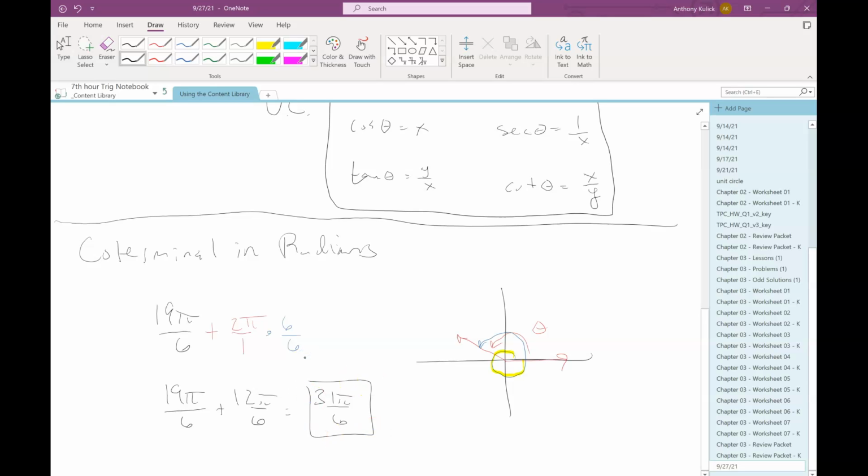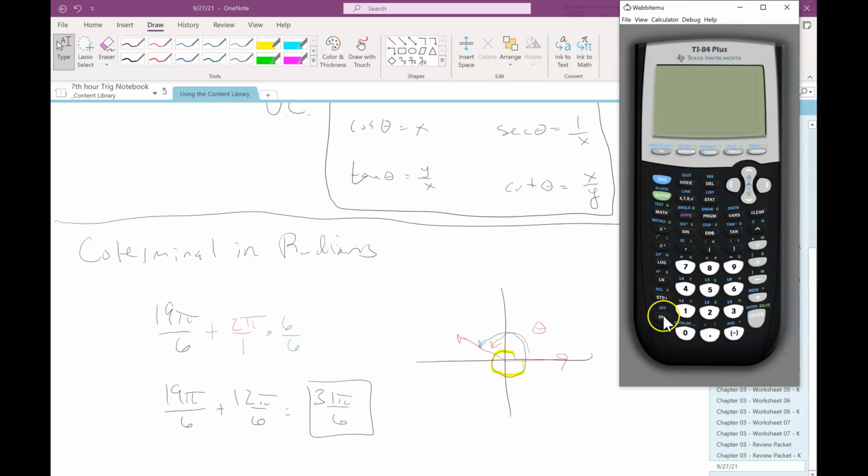And that's it. Now, alternatively, you could use your calculator to do this. If you're fraction anxious, it's not too difficult to ask your calculator. The way I'm going to do this is I'm just going to leave off the pi's. Your calculator will not be able to handle this question if you leave the pi's on there. But if we just do this as 19 over 6 plus 2,